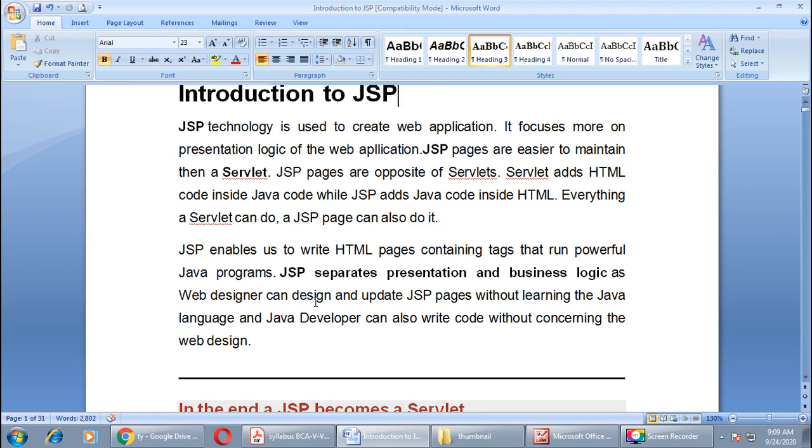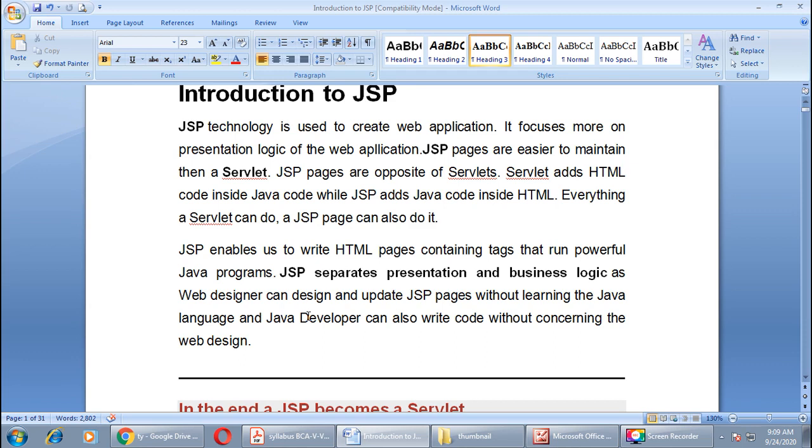JSP separates presentation and business logic, as a web designer can design and update JSP pages without learning the Java language, and a Java developer can also write code without concerning the web design. Here you can do the separation of business logic and presentation, right? There is no need to know both the things for a single user.